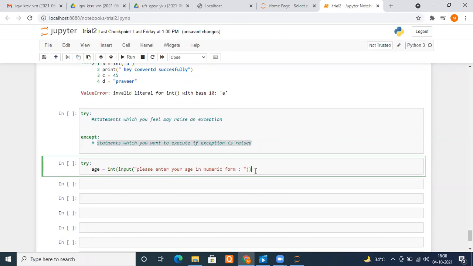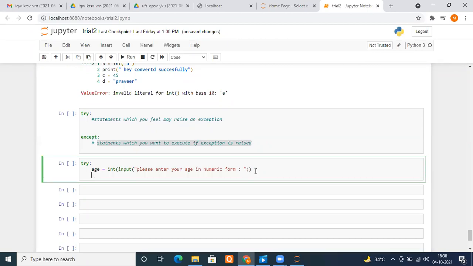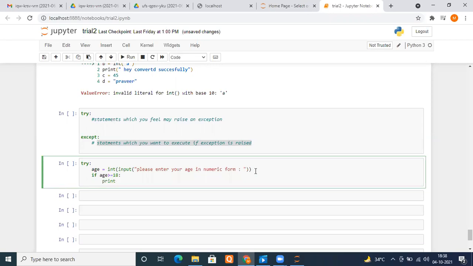Fine, everyone? Please tell me, is it fine? Yes, till this point, it is fine. So he will enter his age, and suppose I want to print something here. Checking his age, if age is greater than or equal to 18, I want to say that, okay, you are eligible. Else,